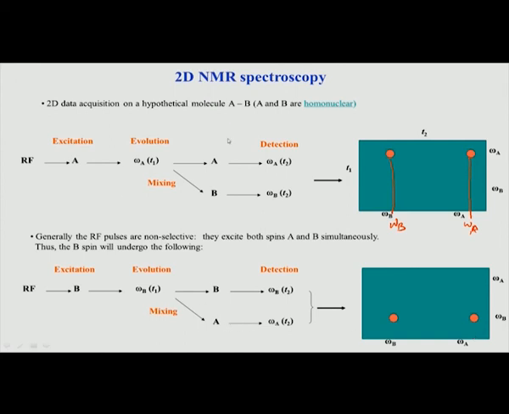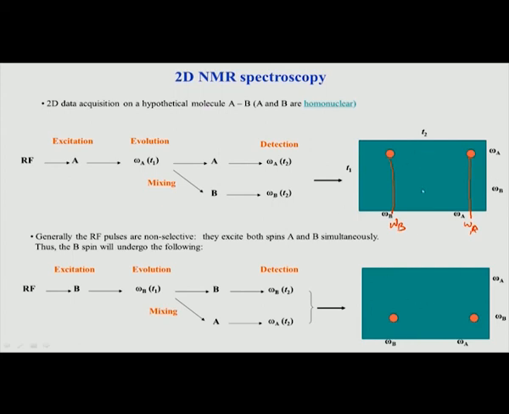Now you see both of these pictures are happening at the same time in the molecule, because the first pulse will excite both A and B and the second pulse again excites both A and B. The second pulse, remember we use the word mixing pulse, it is called a mixing pulse. So, the mixing pulse is again applicable to both A and B. Now, if you look at it, we have 4 FIDs, one in this combination, one in this combination, a third in this combination and a fourth in this combination. Each FID, remember, gives one peak. So, 4 FIDs will give me 4 peaks.